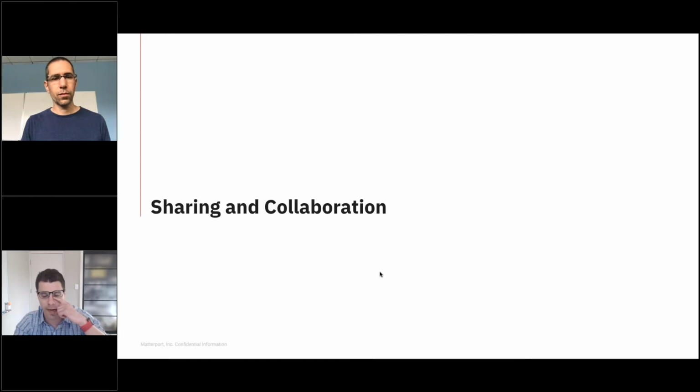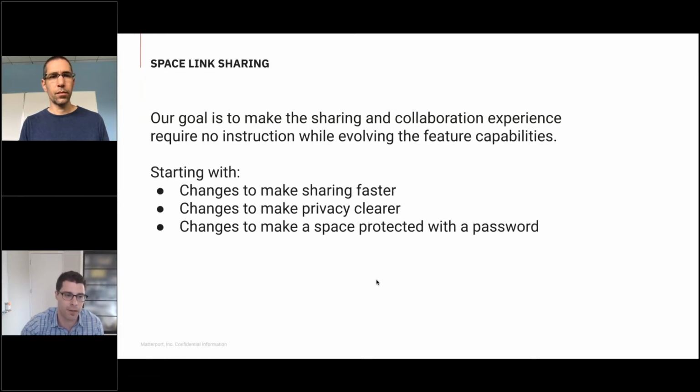All right, so we're now going to switch gears and talk about sharing and collaboration. We're pretty excited by two changes that relate to sharing and collaboration. Our goal in this product change is really to make sharing and collaboration require no instruction while adding to the capabilities of the product. So in this phase of changes that you're going to see rolled out at the end of the month,